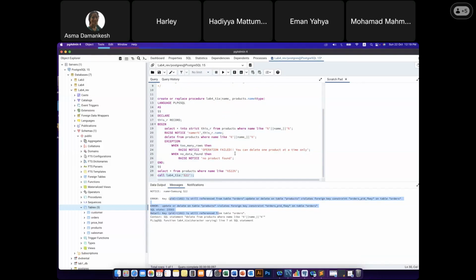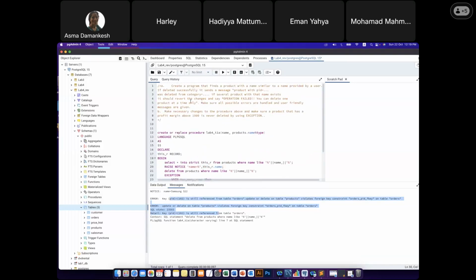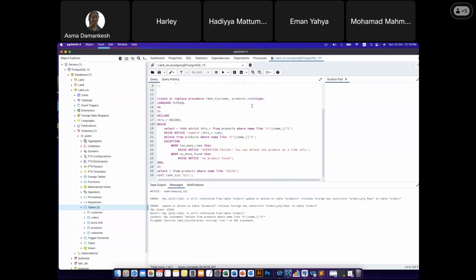What is the question asking you? Catching all possible errors, yeah? Make sure all possible errors are handled in a friendly manner. So what do you think is causing this error? It says it here, violates foreign key. Very straightforward, no? So we say